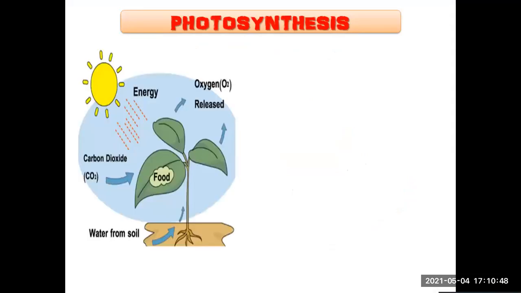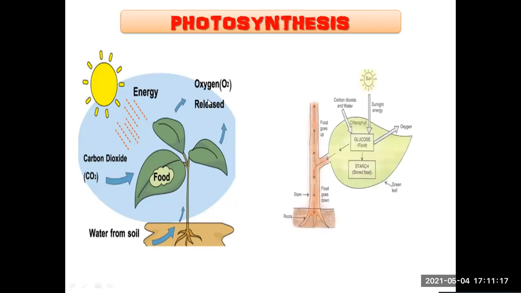Photosynthesis. So let's see what photosynthesis is. As you can see the sun over here, the sun rays fall on the leaf. The leaf contains chloroplast and tiny pores which allow the carbon dioxide to enter into the leaf. Food is being prepared over here. Water is being absorbed by the root, which through the xylem vessels enters into the leaf. And in the process, oxygen is given out.